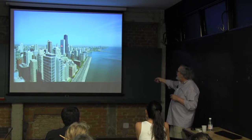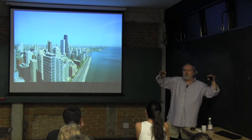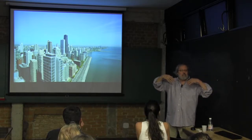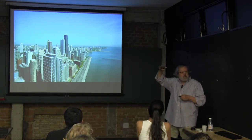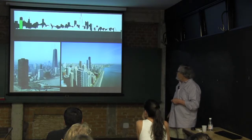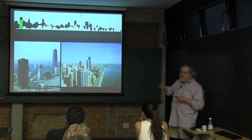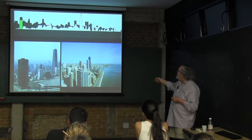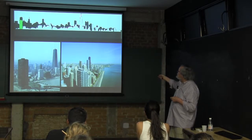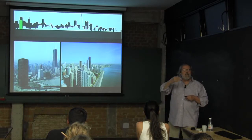And then behind that, it's the vast flatness of this very low city, a city made up of houses not unlike the ones of my house that I showed you a little while ago in the first talk, the little red house with the snow in the front yard. That's the actual height of most buildings in Chicago. And here's another way of characterizing what's going on. In the silhouette, Lake Point Tower is here, and this is the silhouette of the lakefront at the time Lake Point Tower was constructed. And then in black is the silhouette of the city that has been constructed in those